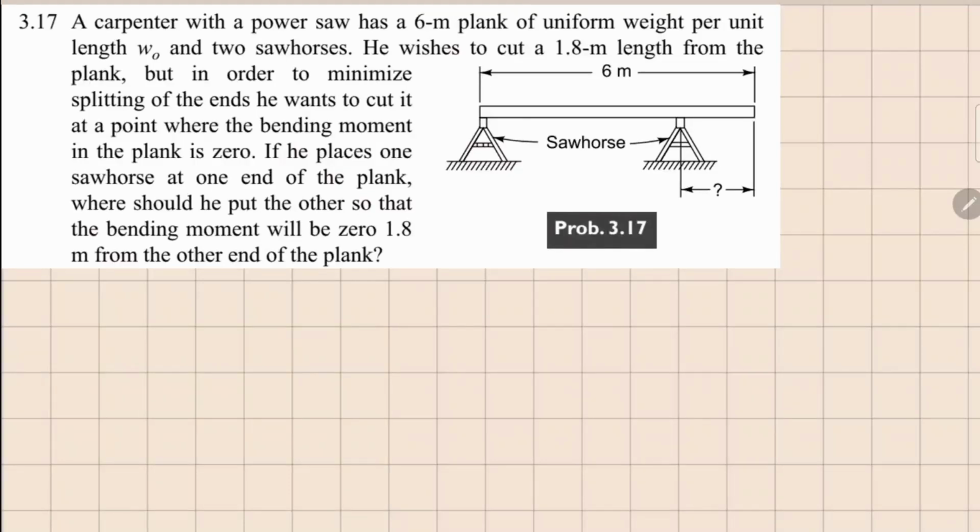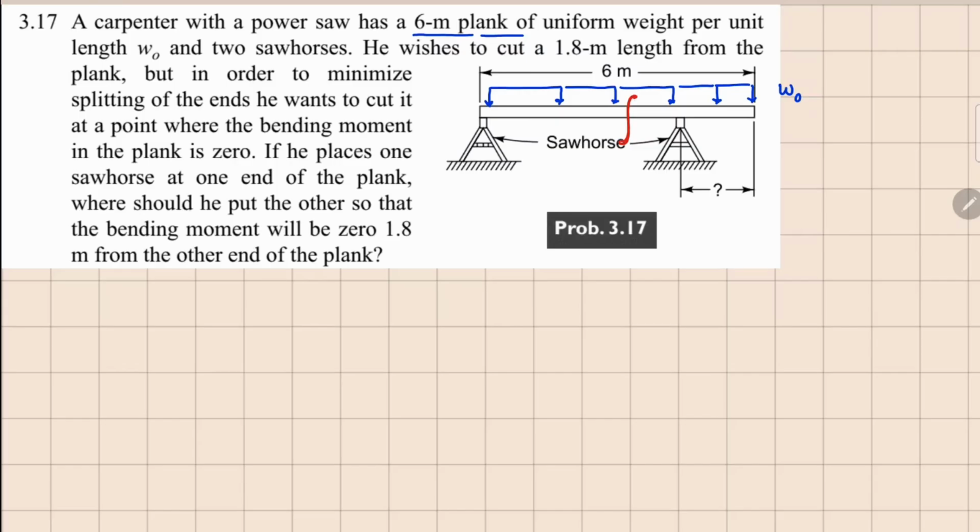This one is 3.17. Here there's a carpenter who has a power saw and he's cutting a plank which is 6 meters long, and this plank has a uniform weight, so we can take this as a UDL with an intensity of W naught. Now he wants to cut this plank at a distance of 1.8 meters from the other side,